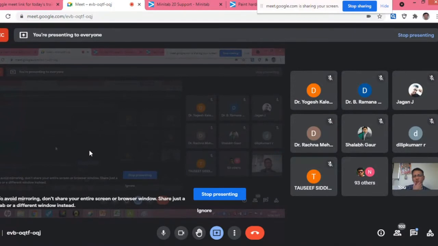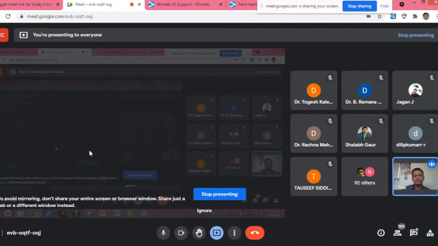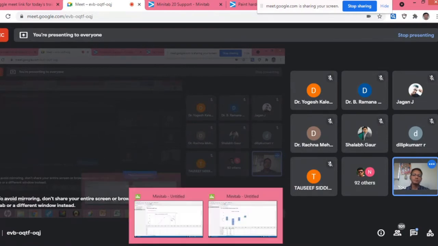Because during the training, I have to stick to the subjects I have been given. Otherwise, it should not happen that whatever subjects are decided, we are not giving justice to those subjects. Okay, so we go for the multiple ANOVA.